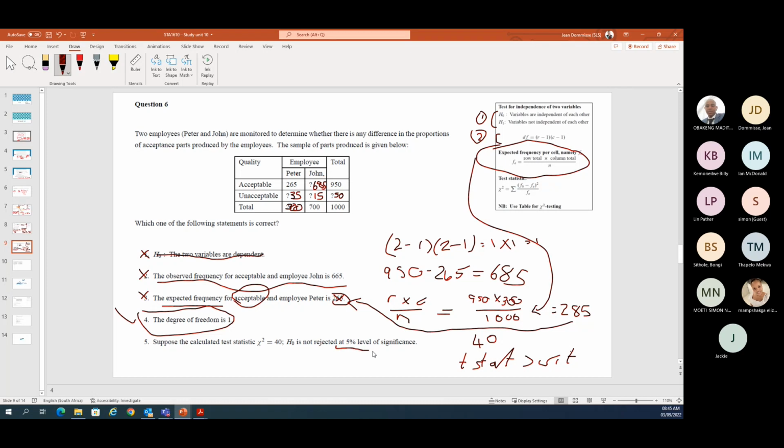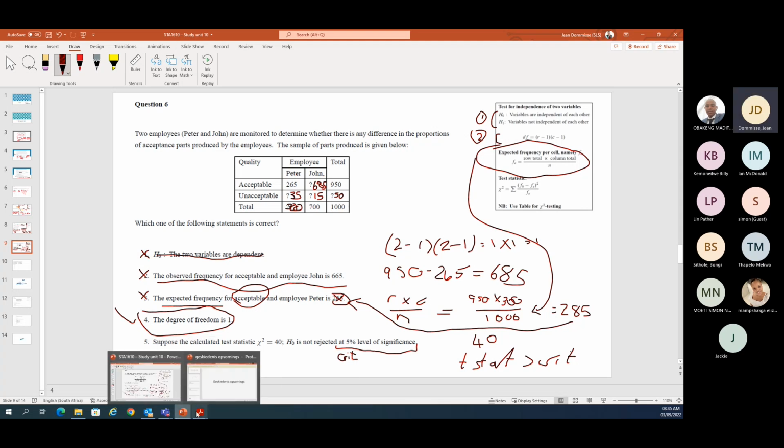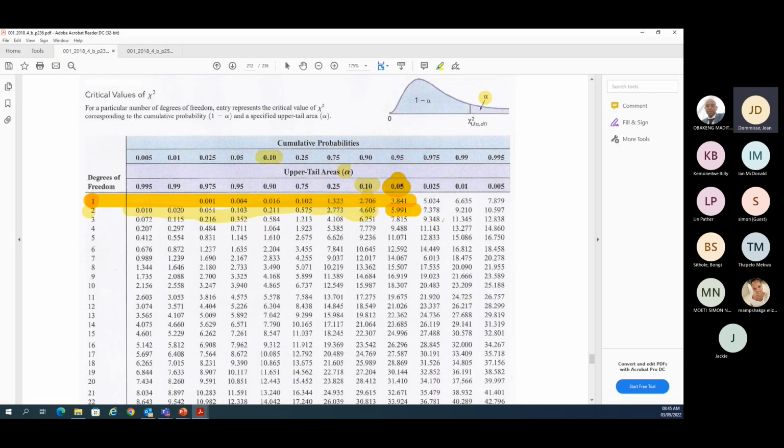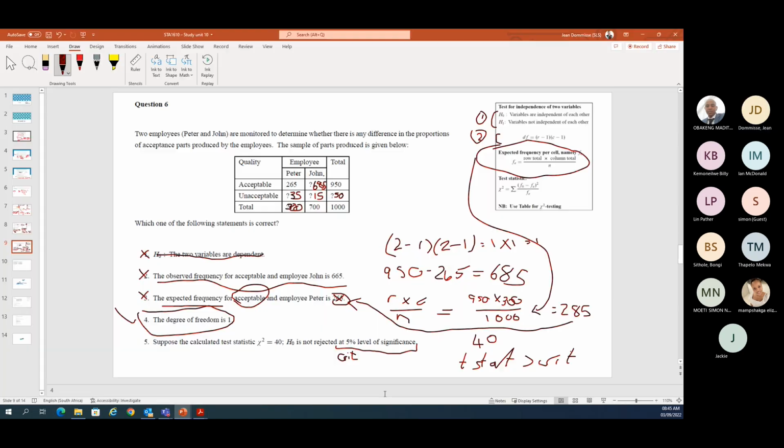Okay, so let's see what the critical value was. They didn't give us, but we know degrees of freedom is 1. The alpha is 0.05, with 1 degree of freedom, so again we work with 3.841. So your T stat is bigger than critical, and we reject